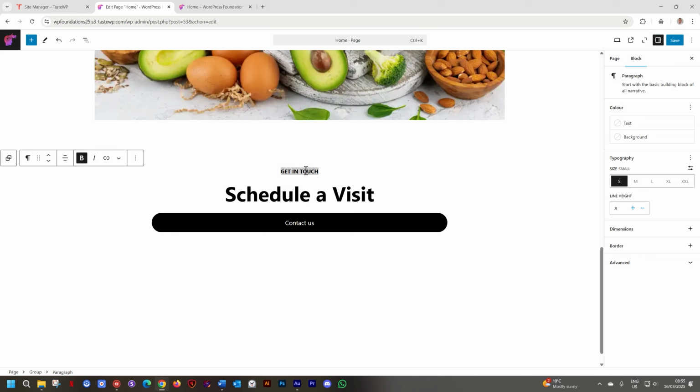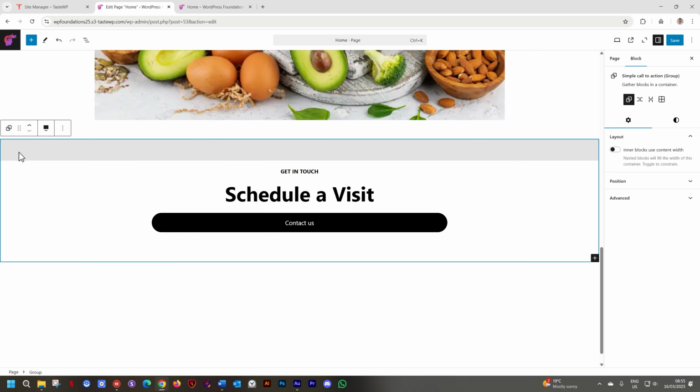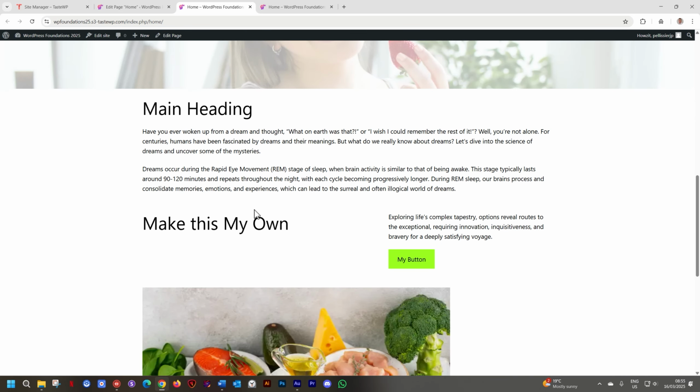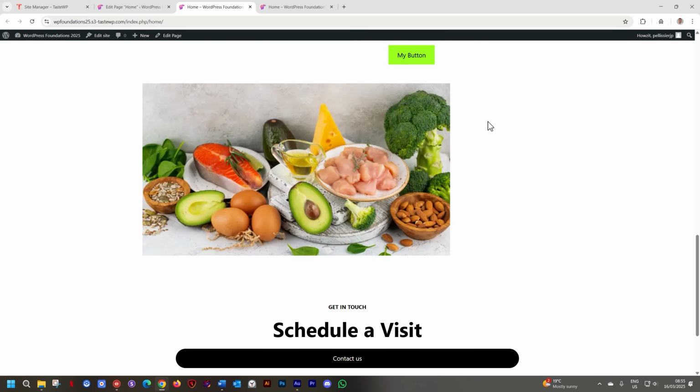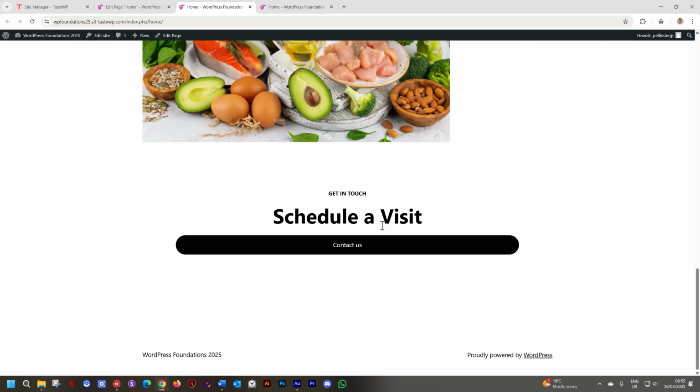And we have, what is this? This is a paragraph, you can see. This is a heading, and this one is a button. And all of this is grouped inside what is called a group element, a group block that's similar to a column. Save the page, and let's go preview it on the front. Featured image, here we have our white, and we have this, we have that. This was all done with that pre-made block that we brought in, the pattern, and then we have a call to action pattern here at the bottom.